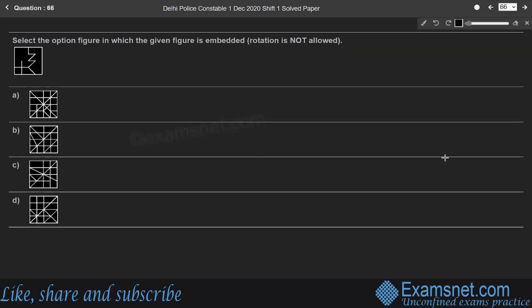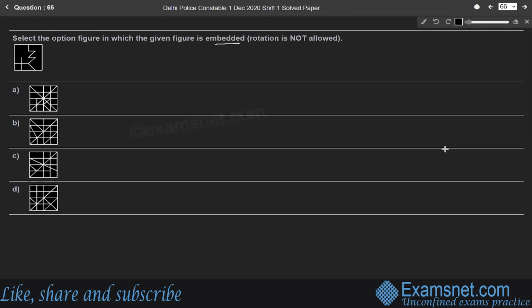Question 66. Select the option figure in which the given figure is embedded. Rotation is not allowed here. So here the given figure is like this. So look at option A, in which the first part of the given figure, which is a vertical line, is embedded like this. Yes. And the next horizontal line like this. And next is the slanting line,